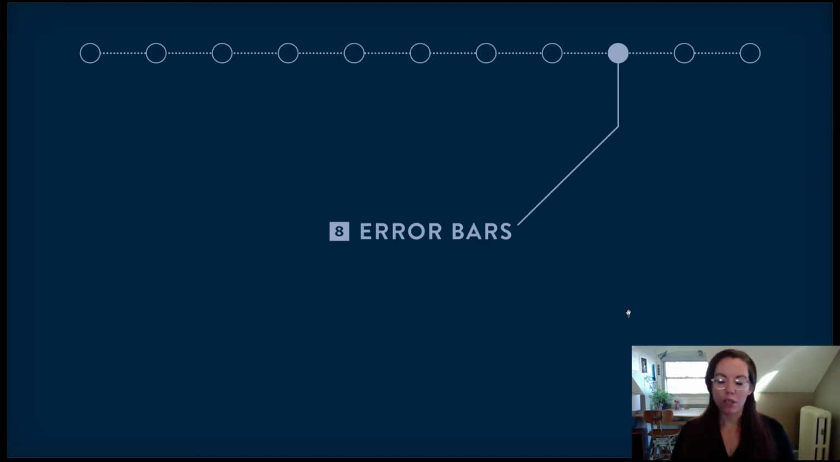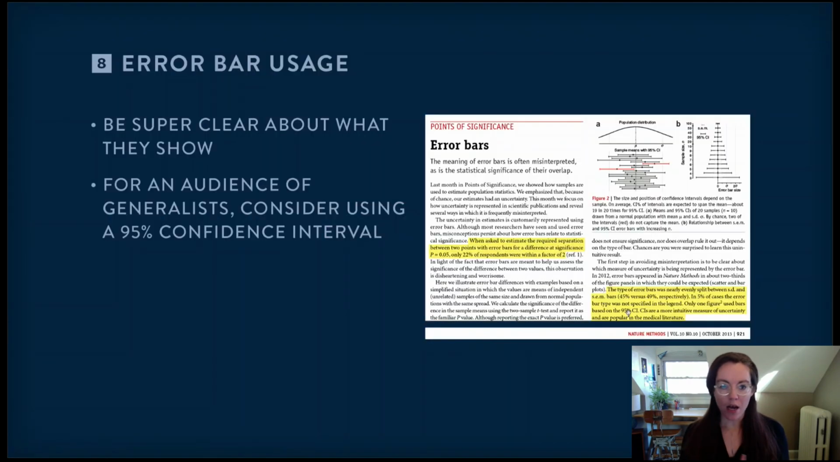I want to talk very quickly about error bars, and there's just 2 things I want to say. The first is that when you're using error bars, even if you are speaking to people in your field, it's just super important to be really clear about what it is your error bars are showing. It sounds obvious, but